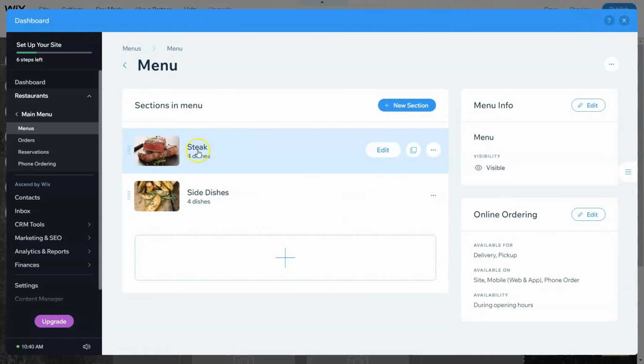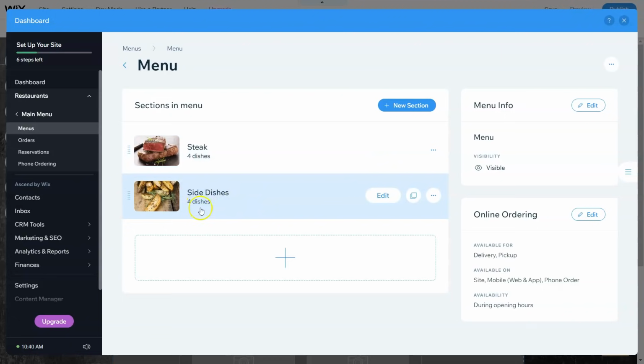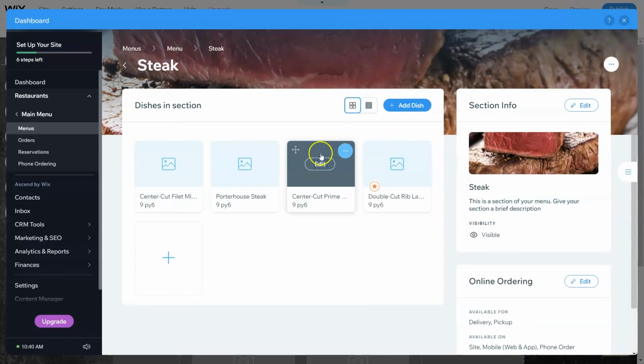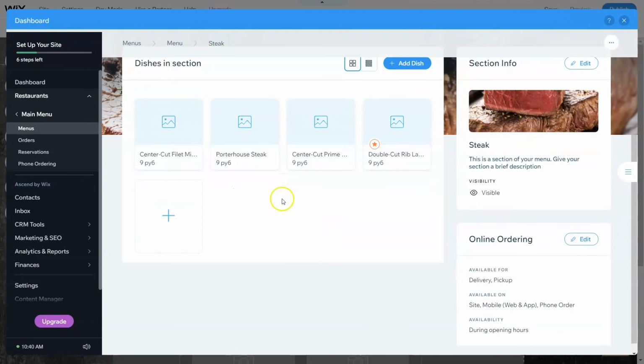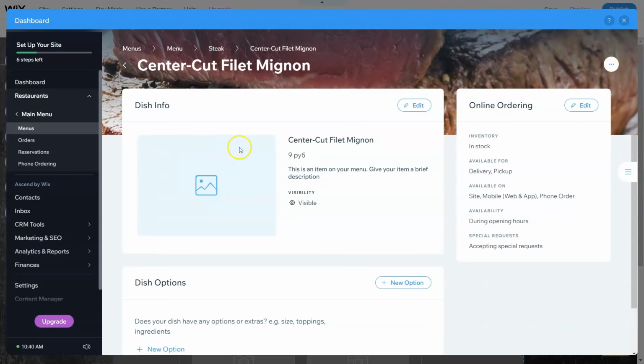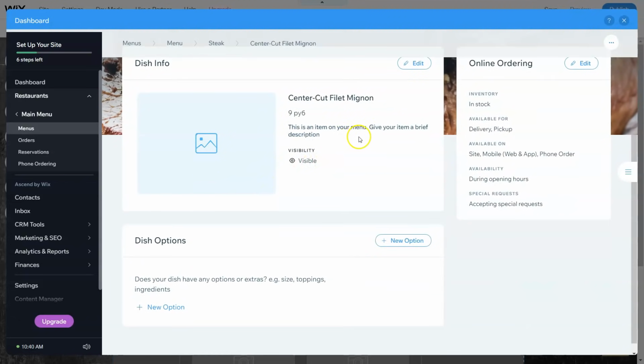Alright, now we have two. Steak, which is 4 dishes, and side dishes, which is additional 4. Now we can edit. Alright, and you can see there's no images really here, right? It's just what the dishes are, like the center cut filet mignon, right? So let's go, and I want to edit this dish and show you. Now this item is in your menu. Give an item a brief description, right? And we go to edit,